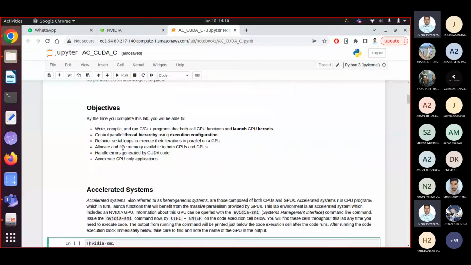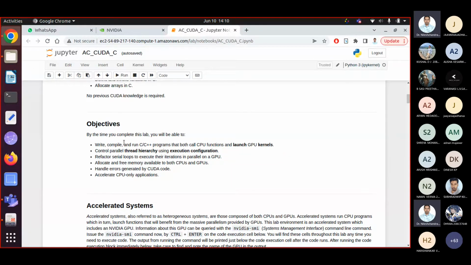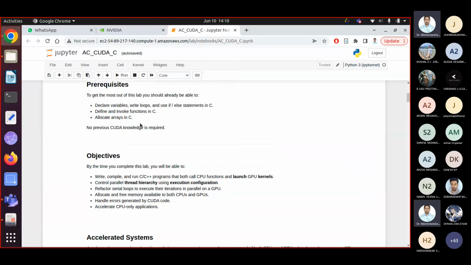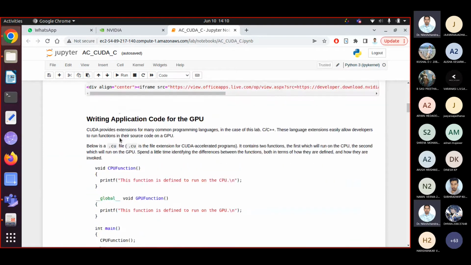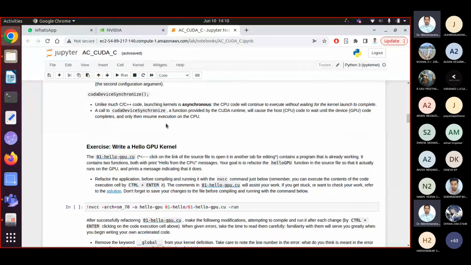Okay. Now this is your first chapter in the certification of CUDA, fundamentals of CUDA programming using C++, right? So what is expected from your side? You must be familiar with writing different for loops in C programming. You must be aware of how to write functions, right? Then if-else statements in C, and you must be familiar with memory allocation, deallocation, and working on arrays. That is what is required, right? No previous knowledge of CUDA is required to work on this assignment. And you will see throughout this Jupyter notebook, all the instructions are mentioned, what you are supposed to do, right?